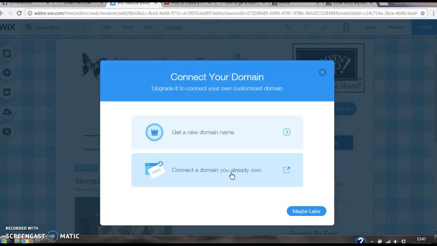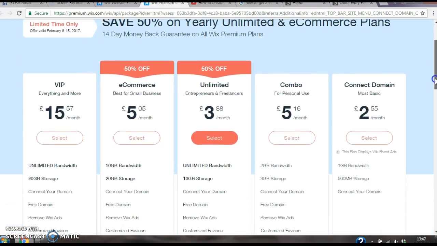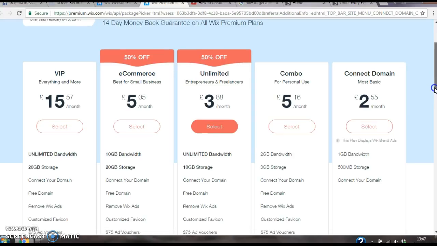It's ridiculous. So you just click on there to connect your own. And then really what you want to do is just follow the on-screen prompts. Now what you'd have to do in order to upload your own domain is to upgrade your site or your package, and you can choose from any of these. Some of these are,